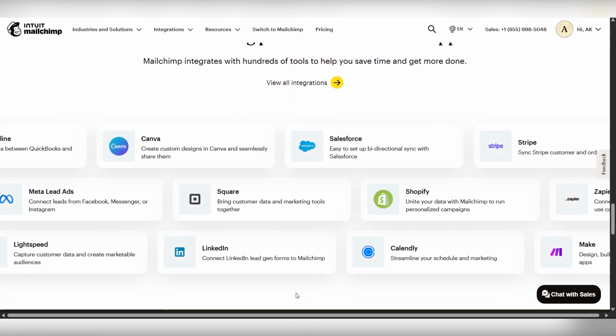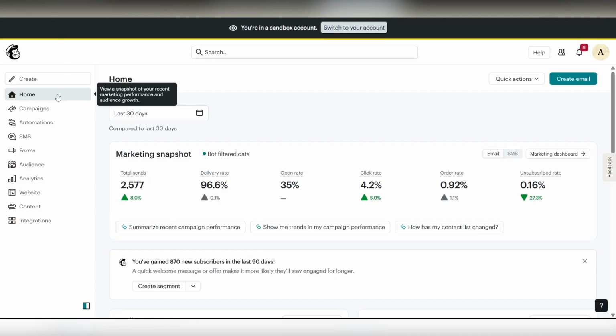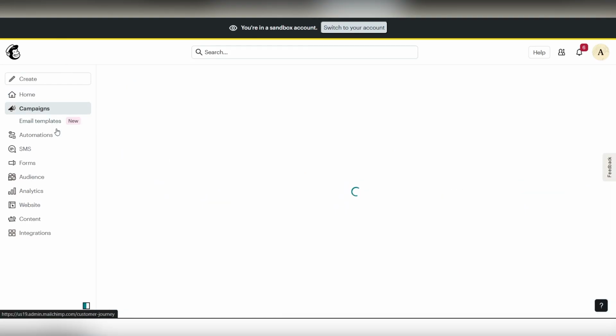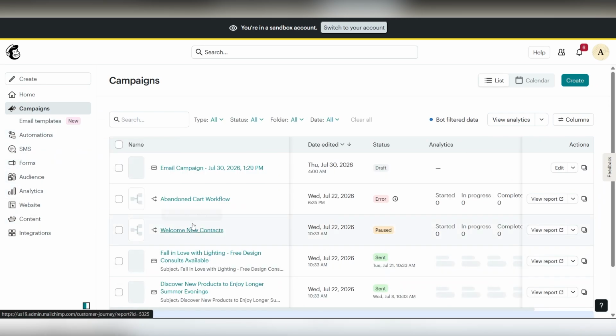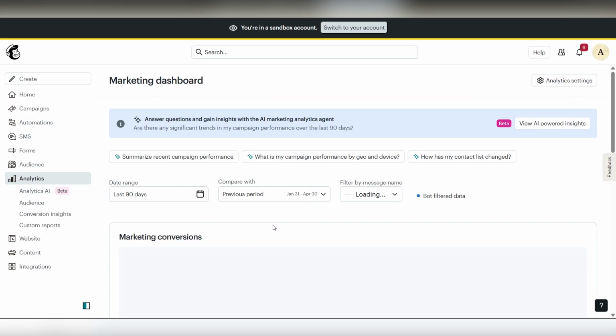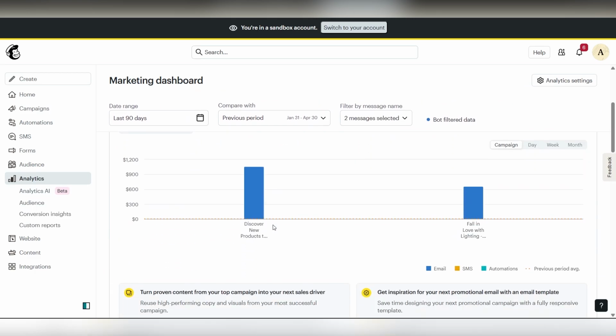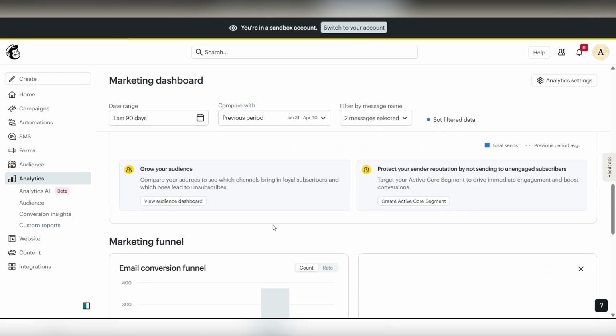With Mailchimp, you can design professional emails using a drag-and-drop editor, manage your subscriber list, organize contacts with tags and segments, and track campaign performance through detailed analytics. It also includes automation features that can send emails automatically based on customer actions, saving time while creating a more